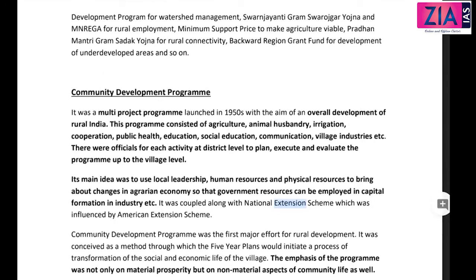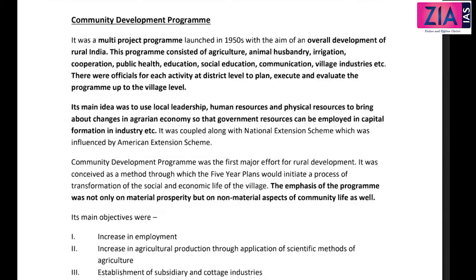Okay. Now, this is important, guys. Just look into the community development program. Important because it is there in the syllabus. Generally, I have not seen questions, at least in the past few years. Earlier, they used to ask 60 markers like cooperatives and community development program. One question they would ask you as a 60 marker, because till 2010, if you see the question papers, it was like 60 markers. Okay. But now, maximum 20 marks is what you need to prepare. 250 words is what maximum you need to prepare. Imagine how easy it is now. If you needed to write a 60-mark answer of 600 words, it was very difficult at that point of time.